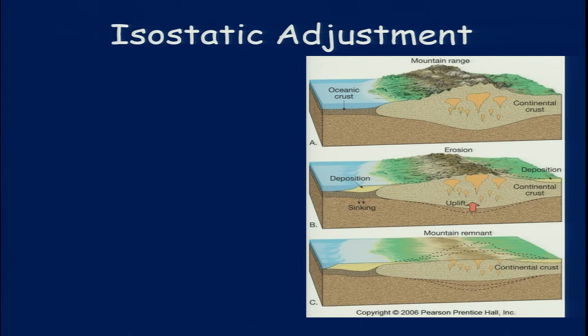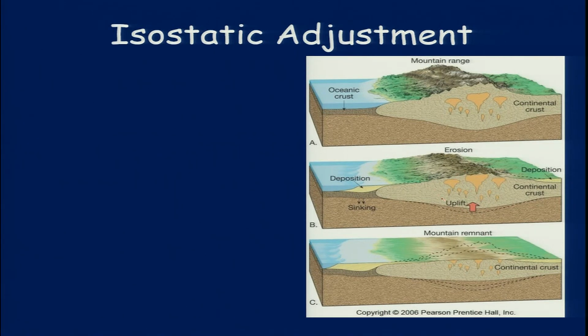As I was saying, the isostatic balance adjustment will keep occurring over time. So this portion will be raised up again, because it needs to be in an equilibrium state. So there is an uplift, and this